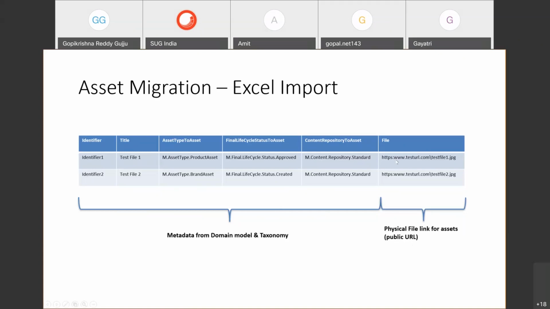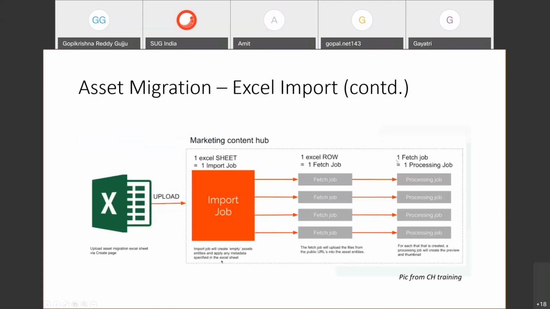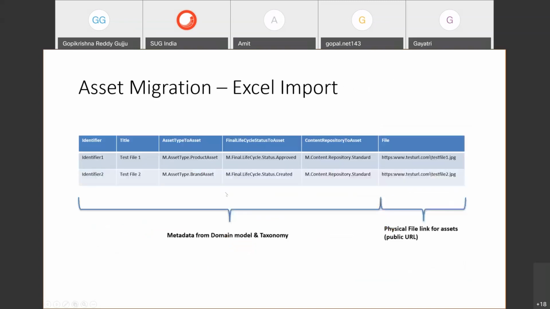So how does asset migration happen once it uploads? This is again from the Content Hub training. You upload the asset. The first row is considered the column headers, and then it imports all the assets below. It first creates empty assets, so all this metadata is imported and the assets are created first.